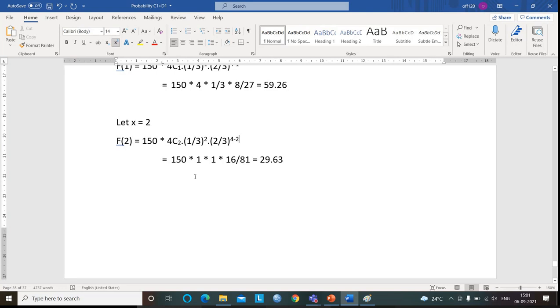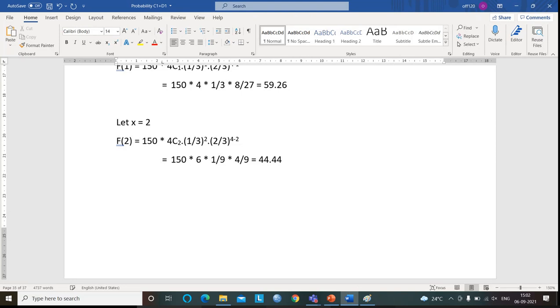This is 4 square. So now 150 remains same. Next, 4C2 is nothing but, while you do the combinations formula, we get 6. Now (1/3)^2 is nothing but 1 divided by 9. And (2/3)^(4-2), that means (2/3) squared. So 2 square is how much? It is 4 divided by 3 square, 3 3s are 9. Again the denominator 9 9s are 81 itself. On the numerator we have got 150 into 6 into 4. Then the answer is equal to